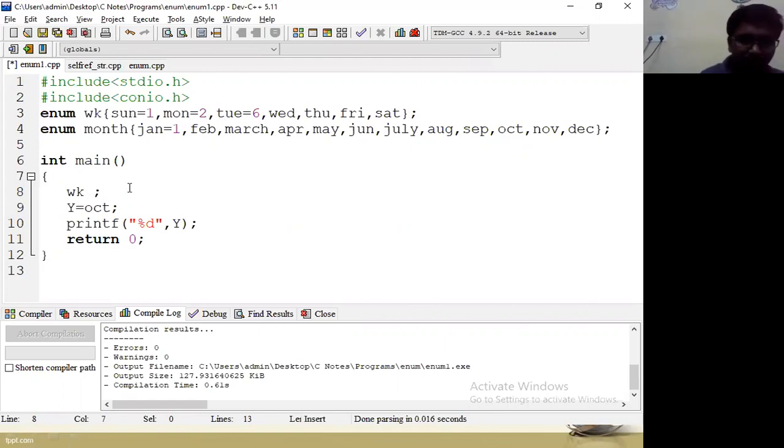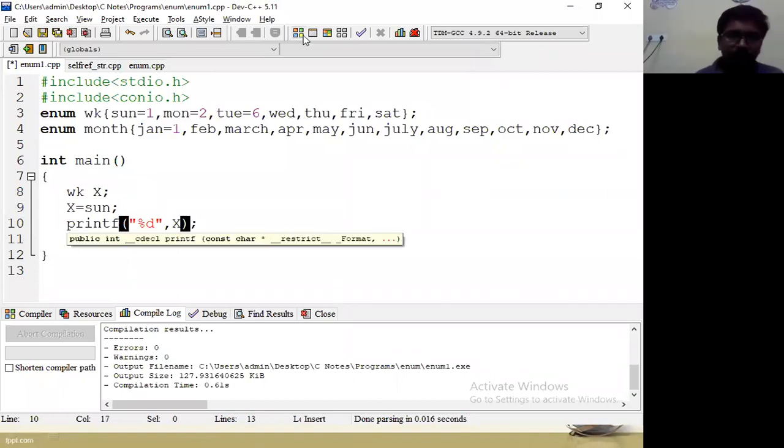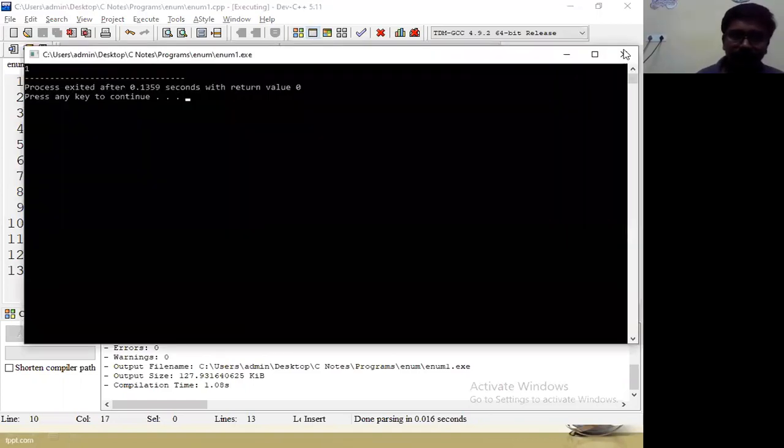Variable is capital X. First let us verify Sunday. What is the output? That will be 1. Why? Because Sunday is assigned 1.